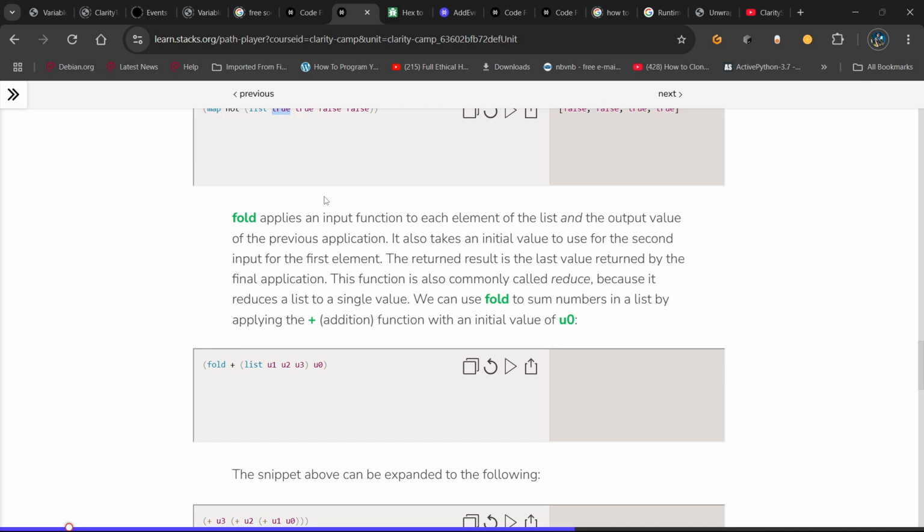Okay, so fold applies an input function to each element in the list. Now fold works in a very, very mysterious way, and it's very confusing. If you're a starter, I spent quite two days understanding how fold works. So you may think that once you understand it here, the example they gave here is quite straightforward